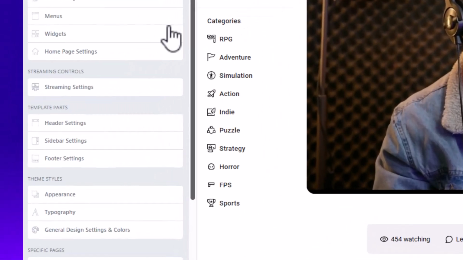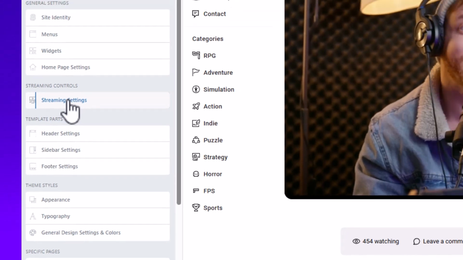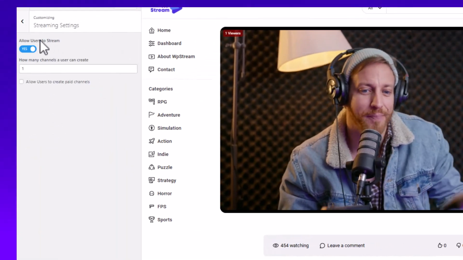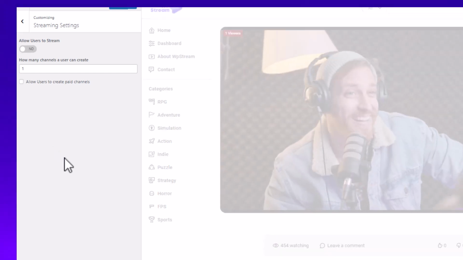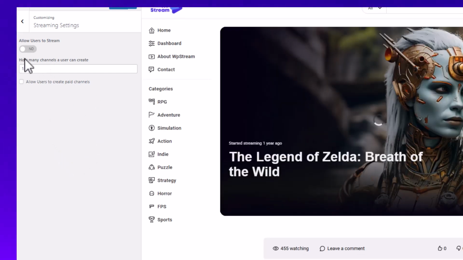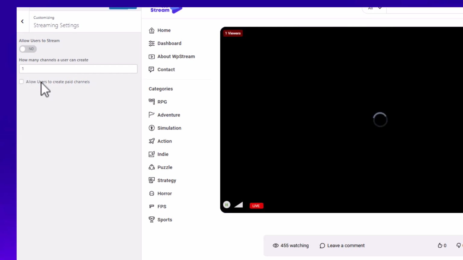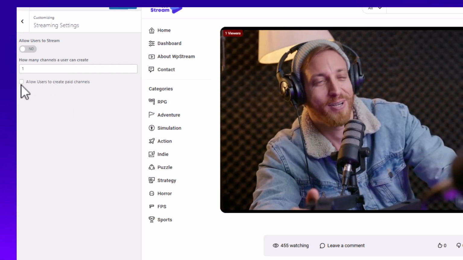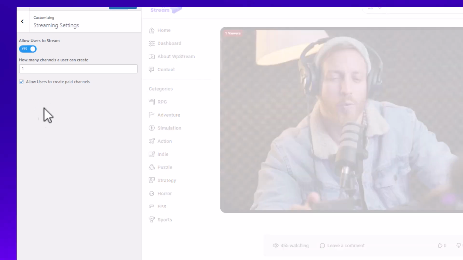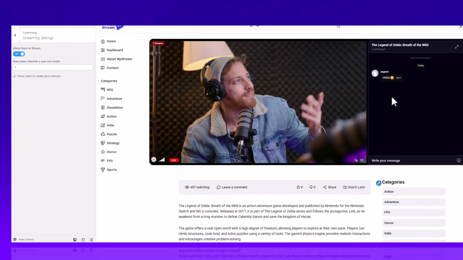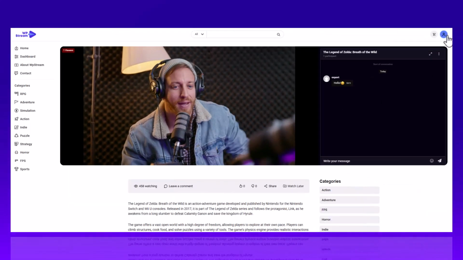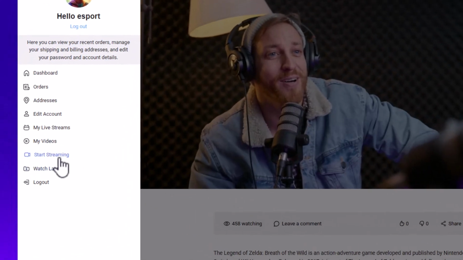So I spoke a little bit about streaming settings for your actual community. So here's how you can allow or not allow your users to stream. You can also choose how many channels a user can create, and also if you want to allow them to create paid channels, so actually sell their live streams to viewers. So if I go back to how my user will see this area,